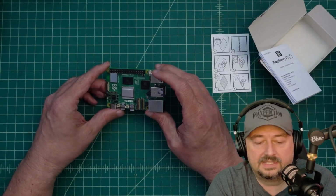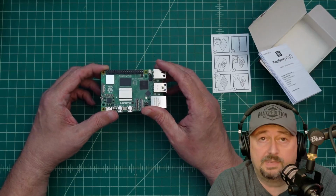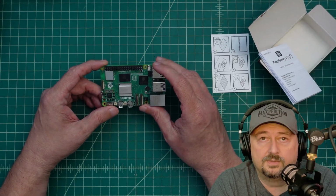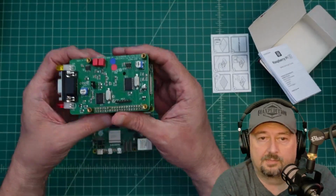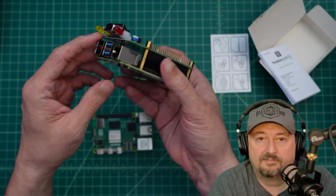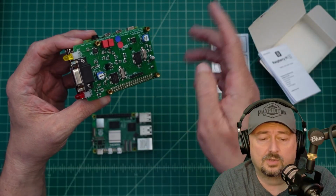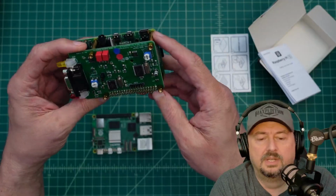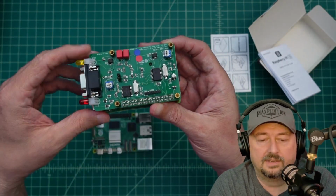So I use these in my ham shack. And for those who don't know, a ham shack is a safe space for amateur radio operators to do nerdy things. So over the years, I've used Raspberry Pis on different projects. This is a Raspberry Pi 4 that is attached to a TNC, or a terminal node controller, I think is what it stands for. Anyhow, you use this to connect your computer to your amateur radio,